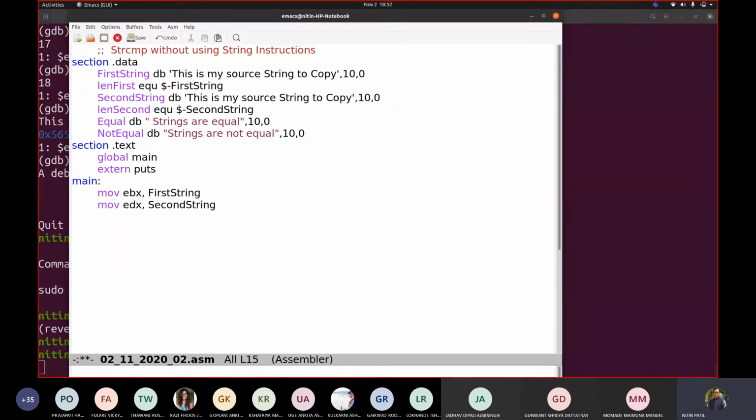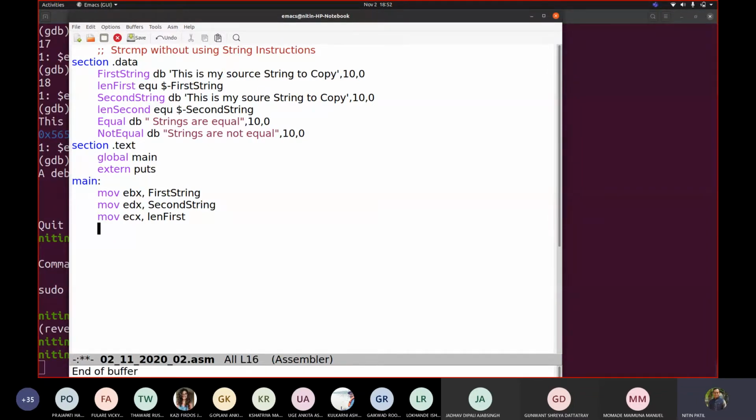We are not sure about the length. So we will say move ECX, length first. You can take length second as well, whatever value you wish, because we don't know whether the strings are the same or not. It should give us that they are not equal.